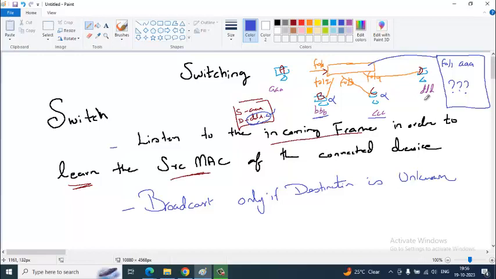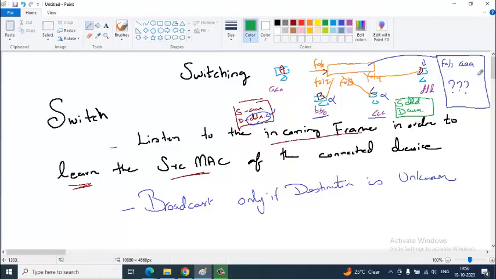Now assume it's an ICMP ping message. For ICMP, this PC, if it is receiving the packet, it's supposed to respond back. So the response packet will be sourced from DDD, and the destination to which it is responding is AAA.